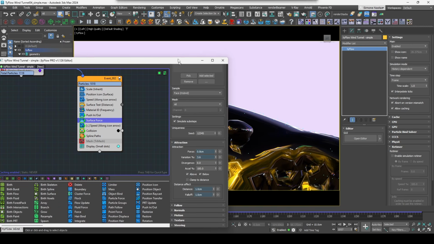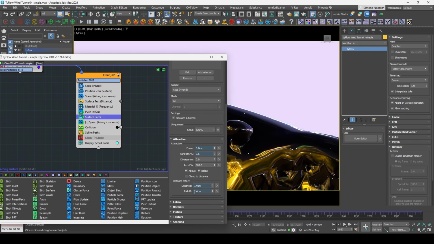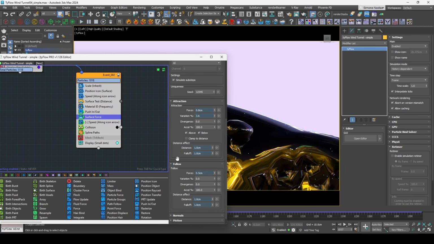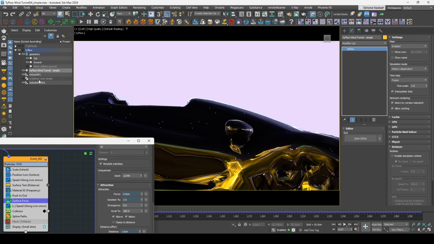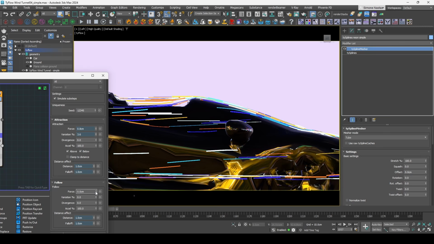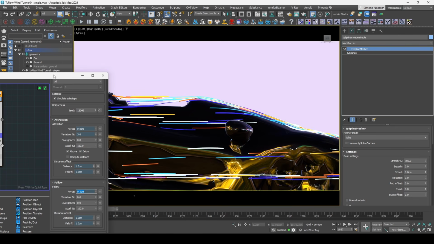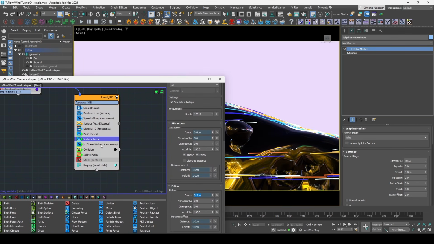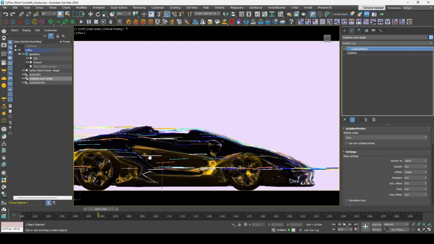1 centimeter plus 1 centimeter falloff, and also I'm using some follow force that uses the surface to give force to the particles. This is not necessary, but I like the result. If I turn it off, it will still work, slightly different, but still work. But I like how it behaved, so I'm keeping it on. And then my problem here was that